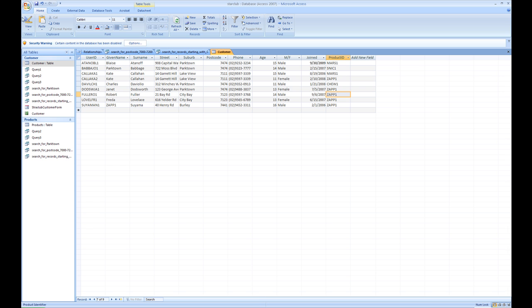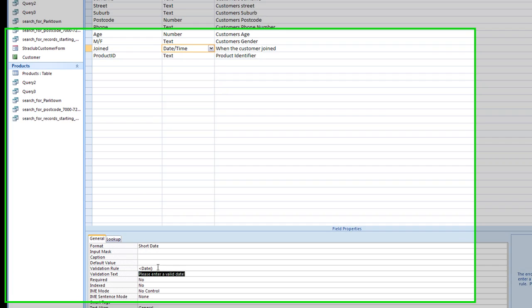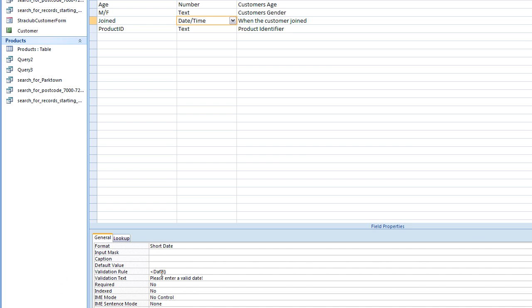If you want to go back and actually add some changes to this, for example less than the date today and greater than 1st of the 1st 1950, something like that, to actually come up with a range, you could do that. But if you just wanted to leave it like that,